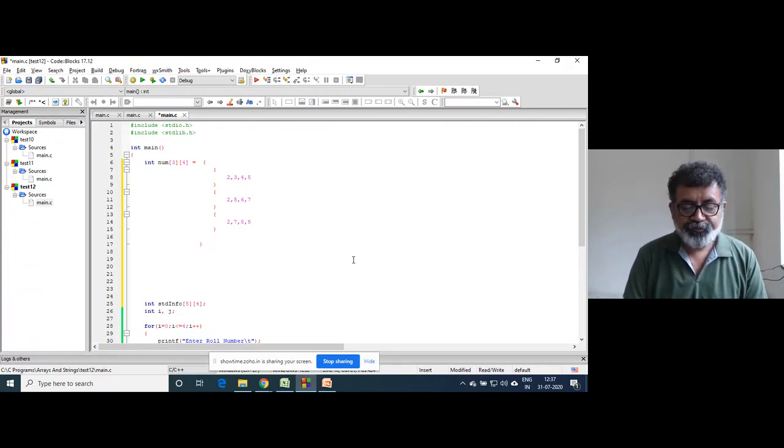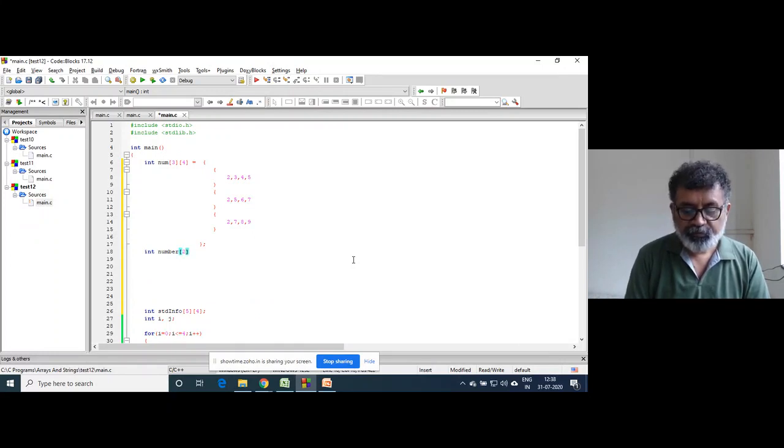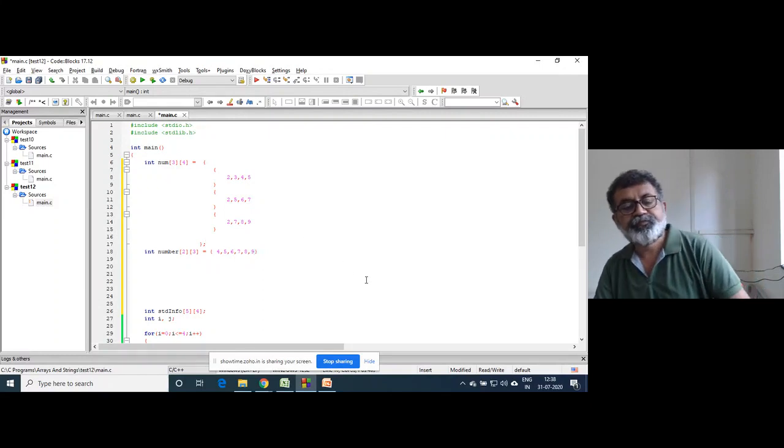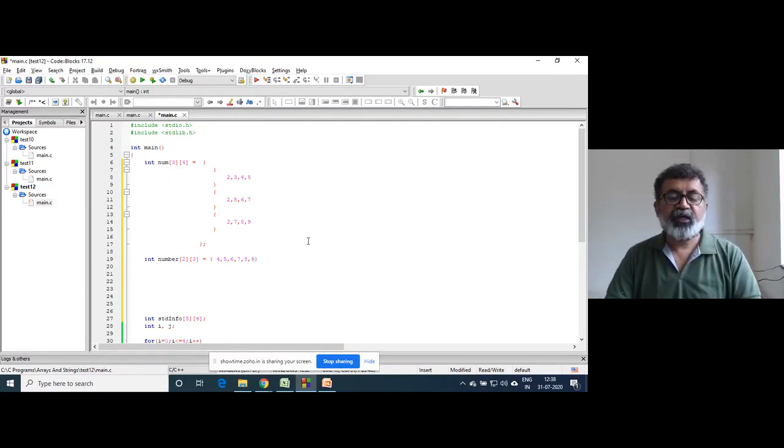The second way is, there has to be a semicolon, right? And another way is this way. Okay, this is another way.